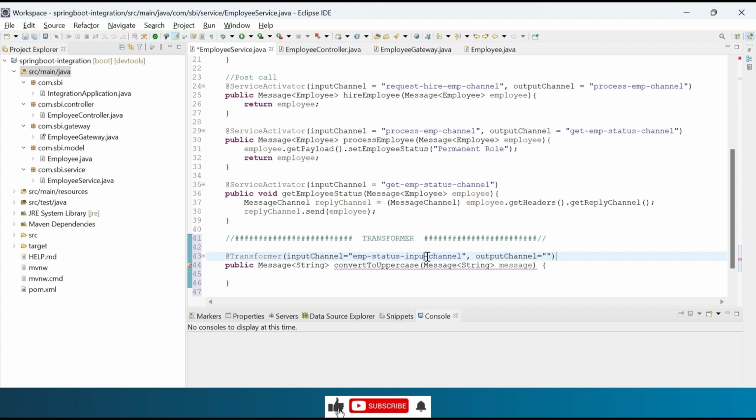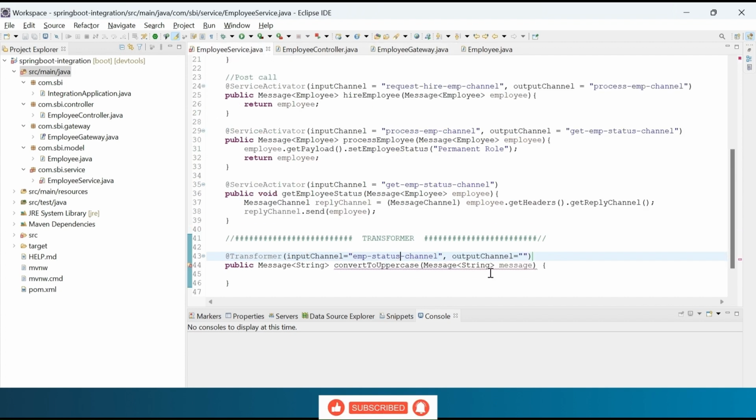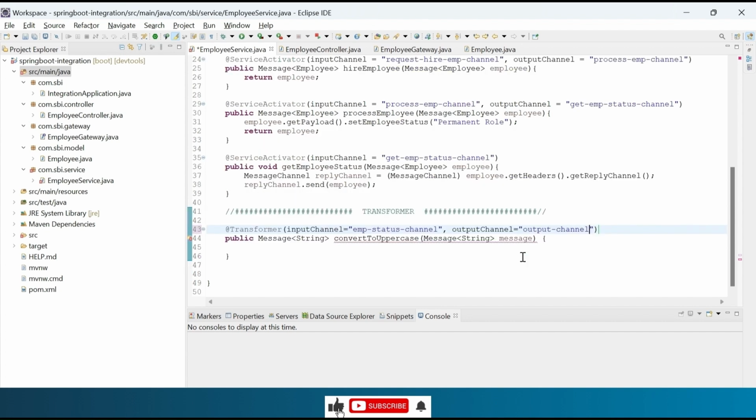Let's change it to empStatusChannel. And the output channel is outputChannel. So, the request goes from the request channel of the gateway to the input channel of the service.